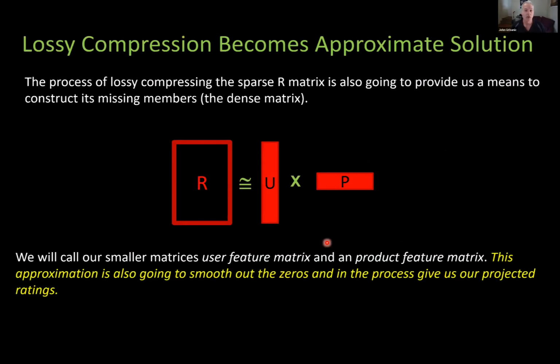But at first, our only goal is just to somehow come up with a more manageable way to juggle this huge matrix. So our two smaller matrices, we're going to call them a user and a product matrix here. And right away, that might be suggestive of the direction that we're heading in. What we're going to do is reduce this original matrix, which we're going to call R, into a user and a product matrix whose width and height is up to us to select. So we're going to figure out how much compression is going to go on here. Now, as we compress these matrices into these smaller ones, it's going to smooth out our data points and smear them out so that where we originally had mostly zeros in this R matrix, we're going to start to find values get filled in.